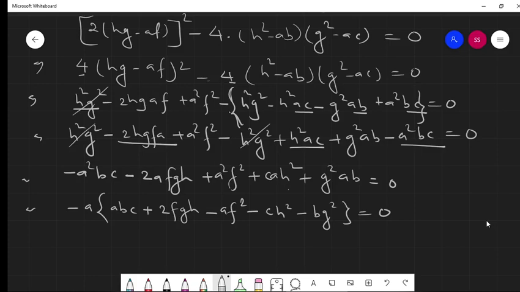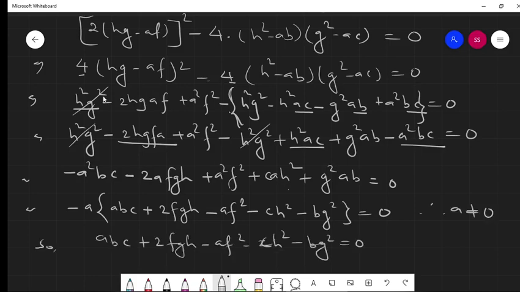This is the required condition for the general equation of second degree to represent a pair of straight lines. You have to remember this formula: abc plus 2fgh minus af square minus bg square minus ch square equal to 0. This is the required